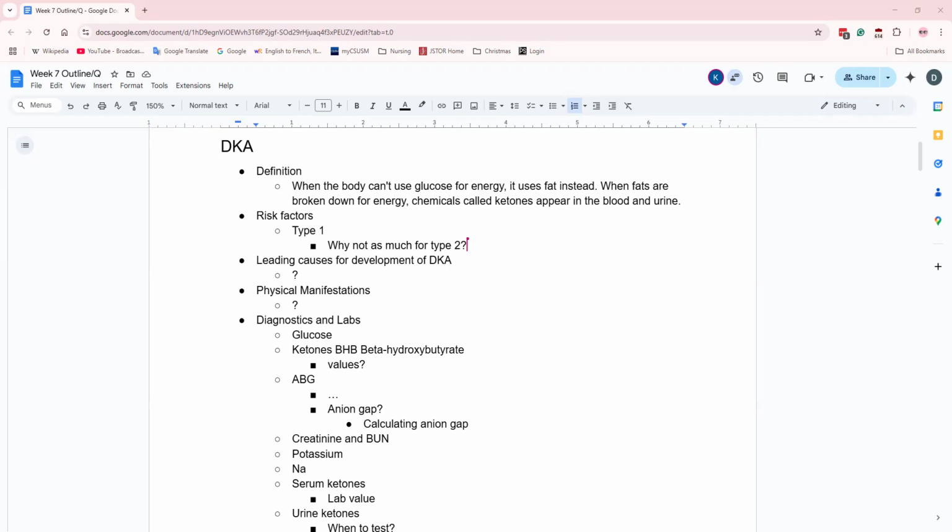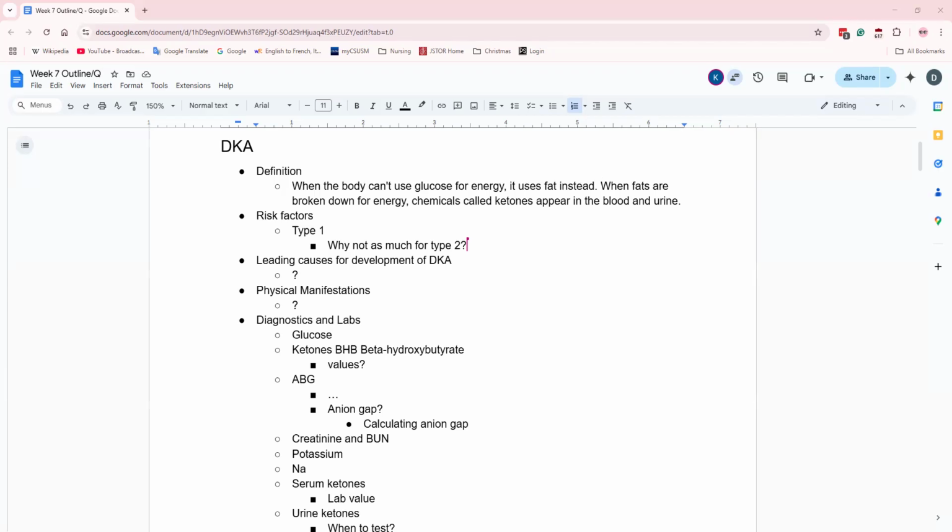Is it really effective? Not if you're like my uncle. He doesn't control his at all. But if somebody has extreme insulin resistance, they're still producing insulin, they just have to produce a lot more, and it's probably not going to work as well, but they're not as likely to go into DKA because of that.